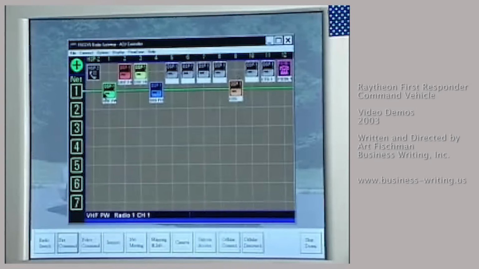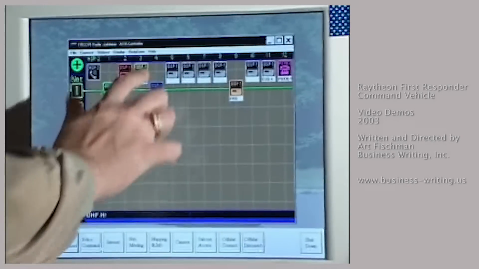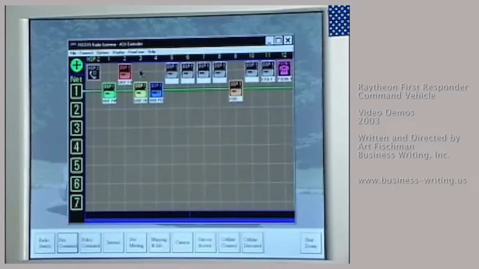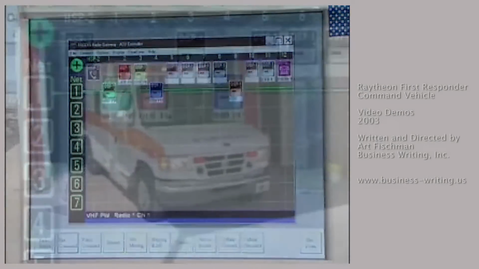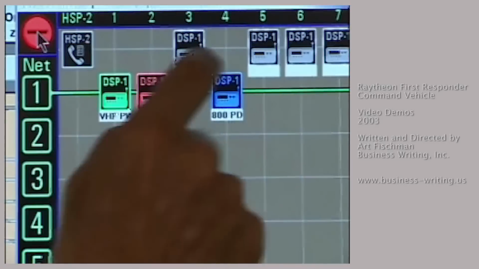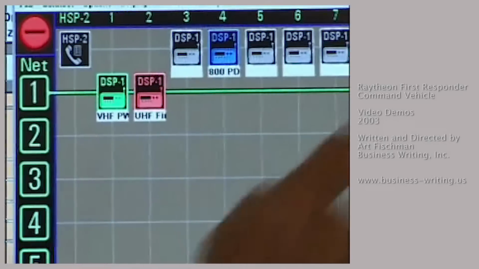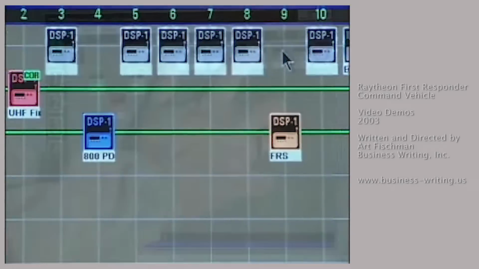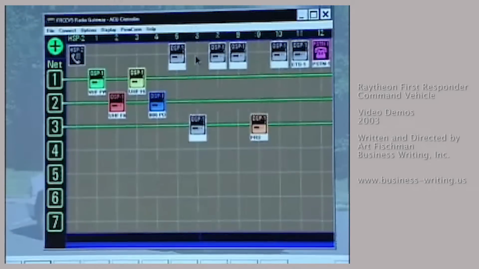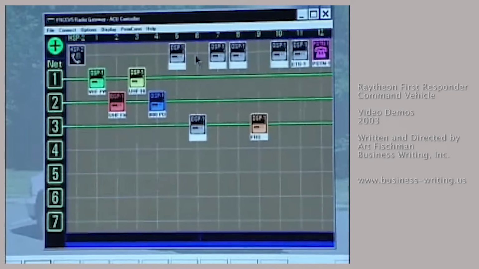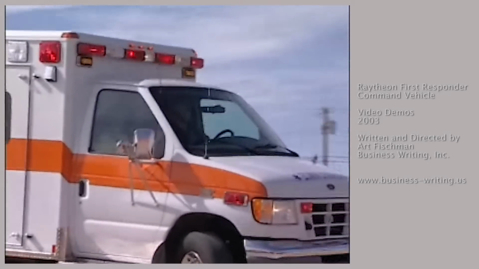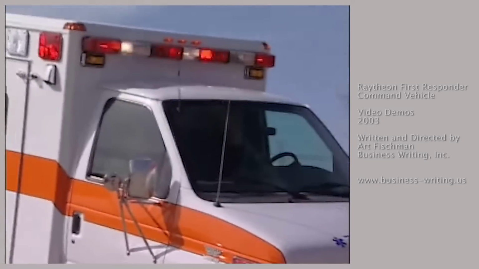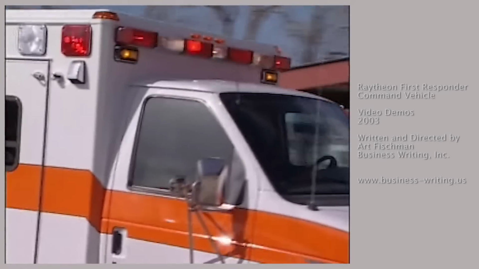A report comes in of an injury at a partially destroyed warehouse, requiring the incident commander to contact and dispatch an ambulance. At this point, there's too much radio traffic for one communications network, so the incident commander creates additional comm-nets to divide up the traffic. The EMS unit arriving at a damaged warehouse reports a strong chemical smell, and that an injured man is in